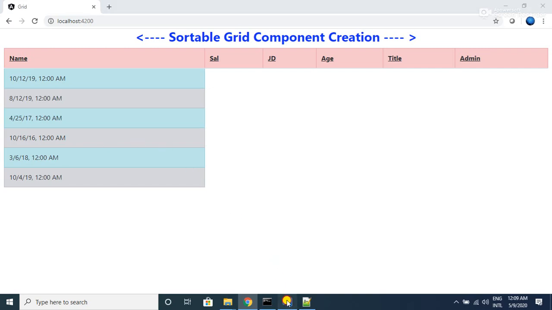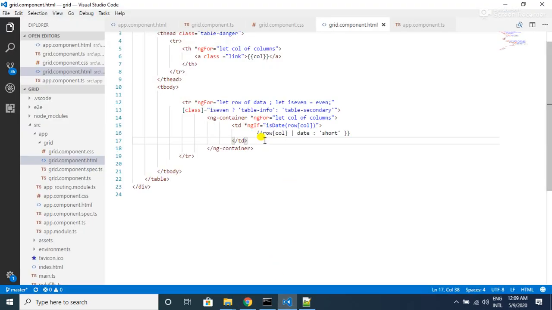So now let's go and add the else condition as well. If the particular type is not a date object, we want to show the normal format of the content. So for that we are going to use this else condition. Else we want to show the normal content that we are going to place in the else block.